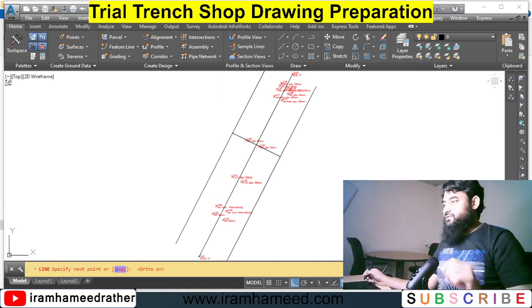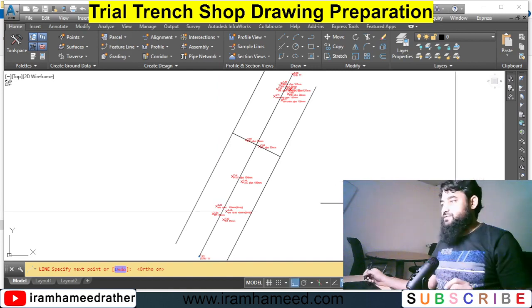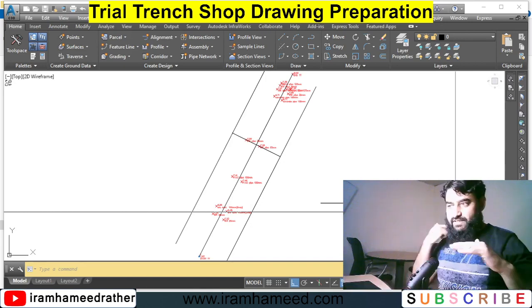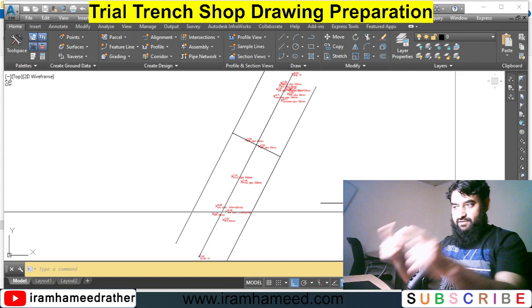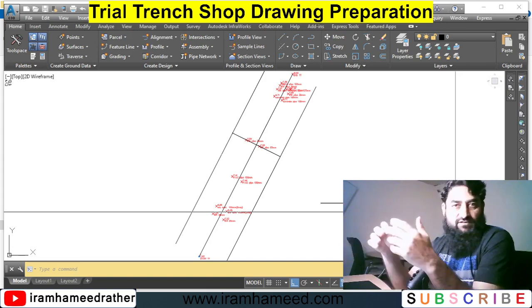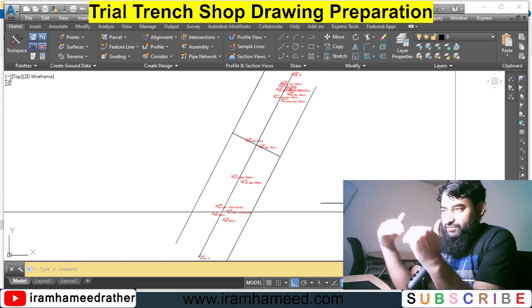Okay, so this is your horizontal line. So we know this is our zero datum. Okay, your levels in your plan, you have all levels, 7, 8, 6, 5, whatever levels are there. So now